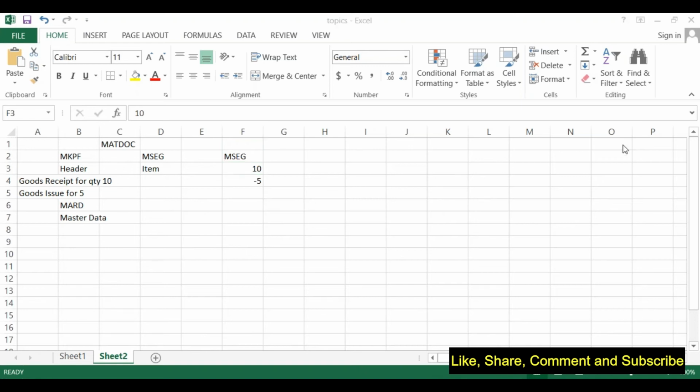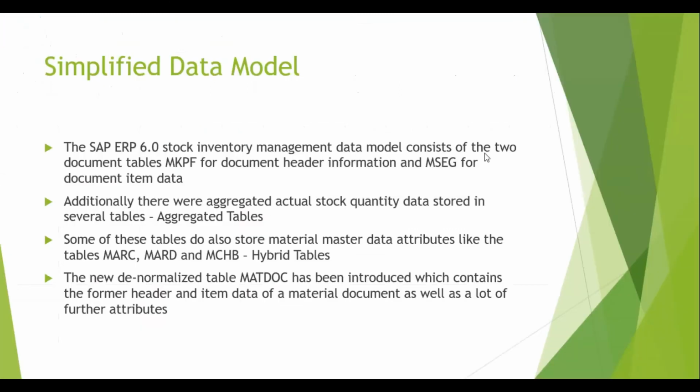Let me just go back to the PPT once again. So earlier, we had two main tables, MKPF and MSEG. Additionally, there were aggregated tables. So you know now what the aggregated tables are, which hold the totals that get calculated during the transactions. The aggregates were getting stored in several different tables. Some of these tables also store material master data.